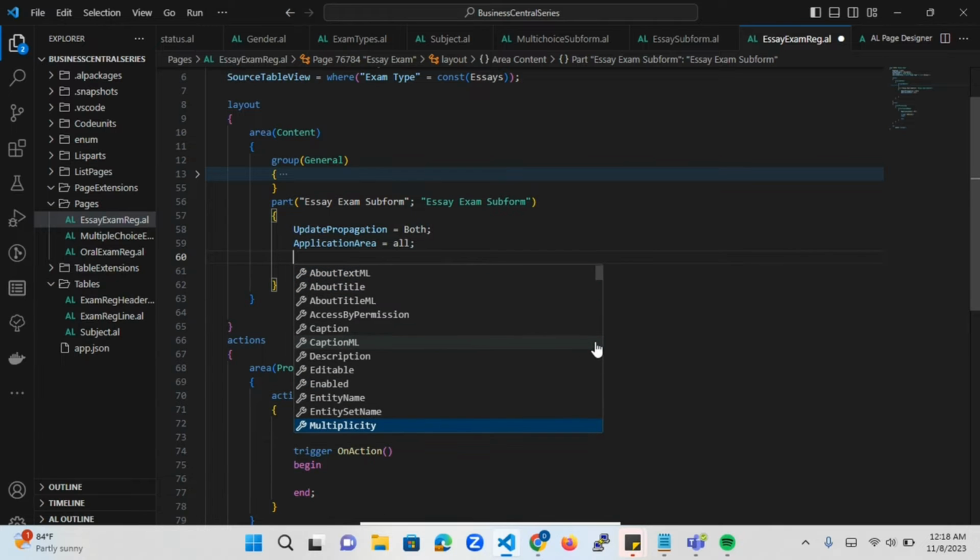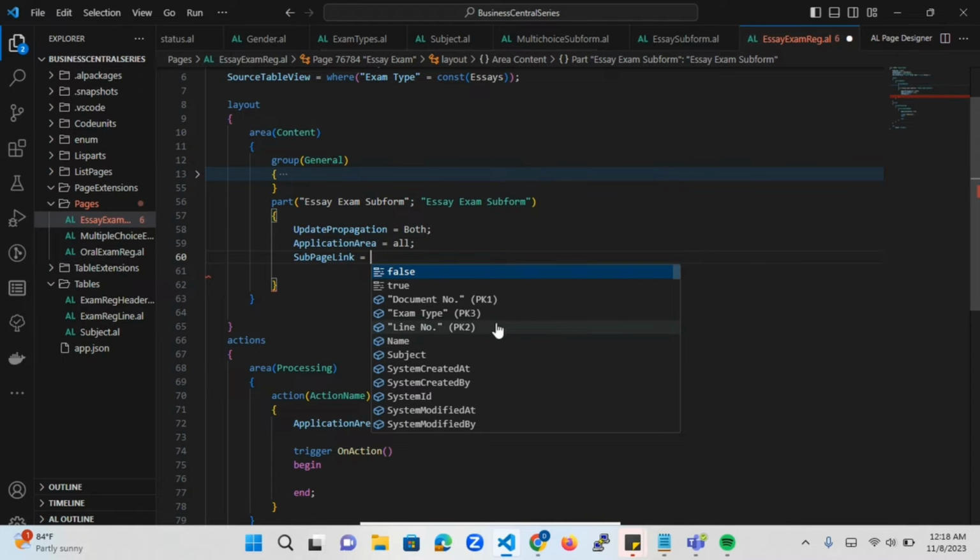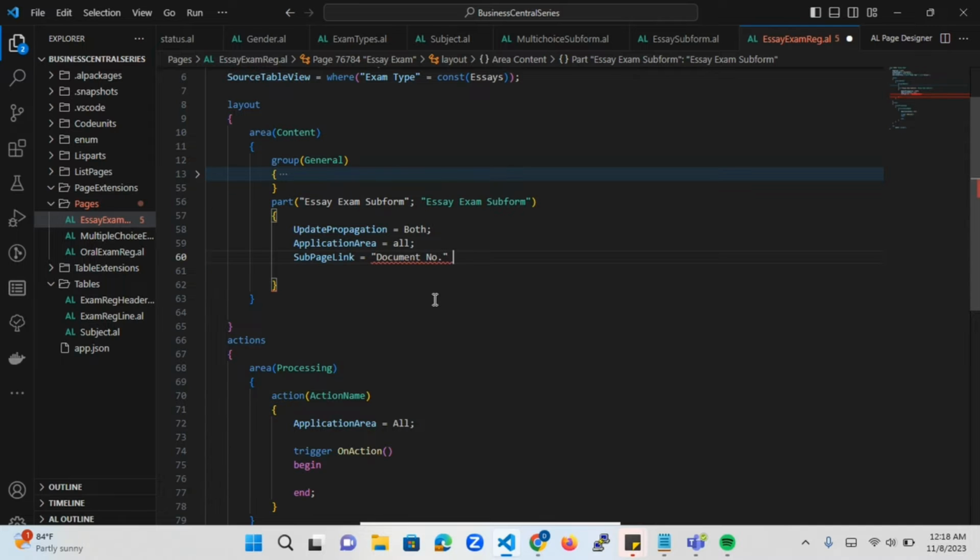So we want to link the two together. So we say sub page link equals, I want to link these two documents by their document number. When document number equals field,